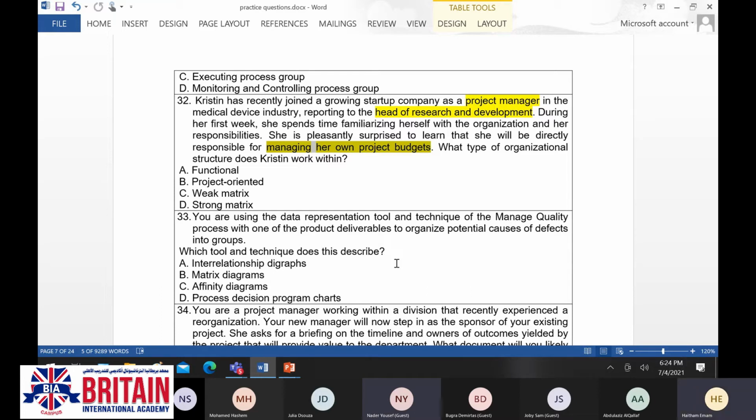Okay, and from your point of view, when we are going to use the affinity diagram and make grouping for the causes of defects, could you give me sample examples for the causes of defects, just to imagine with you the process behind the affinity diagram?